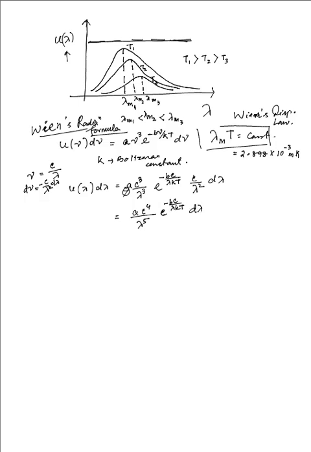So this is giving us some constant value, let us say that is a, lambda raised to the power 5, e to the power minus some constant b divided by lambda kT d lambda, because b times c is again a constant, because c is the speed of light, or the speed of an electromagnetic wave, which is always a constant, 3 times 10 to the power 8 meters per second.